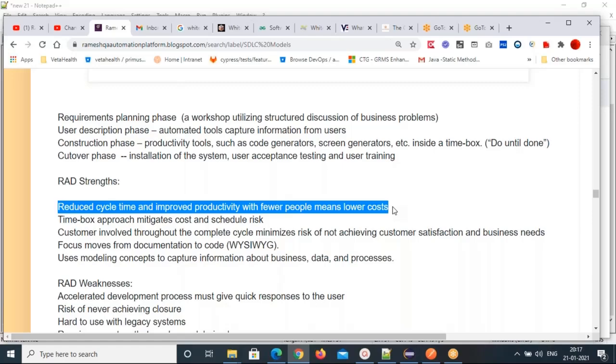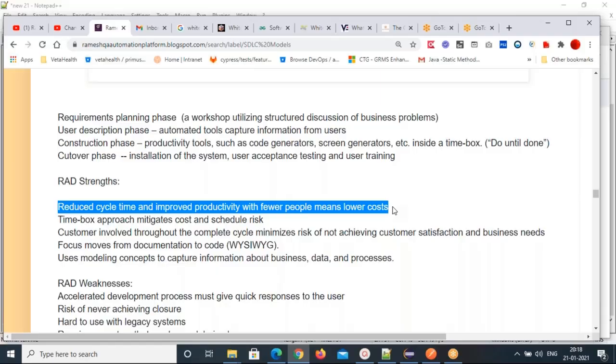More features you are developing in a 2-week span. That's very effective, right? With fewer people. That's the first point. The time box approach mitigates cost and schedule risk. You are developing in very little time, so the cost also reduces and it reduces the risks also, because you are developing small modules, not very big ones.